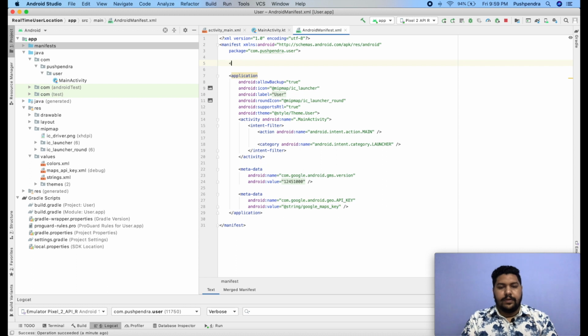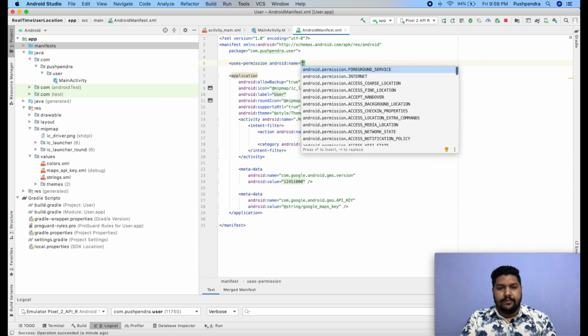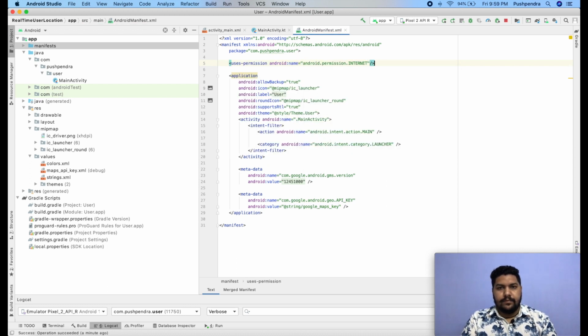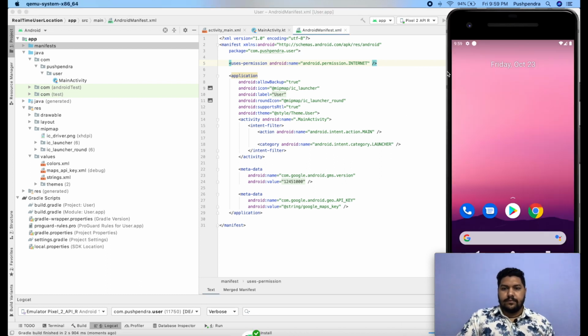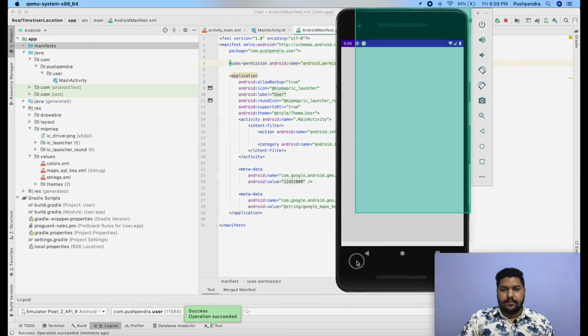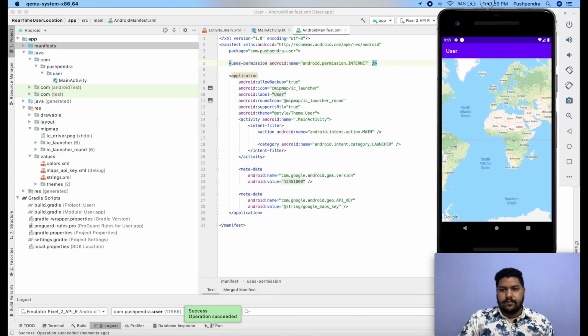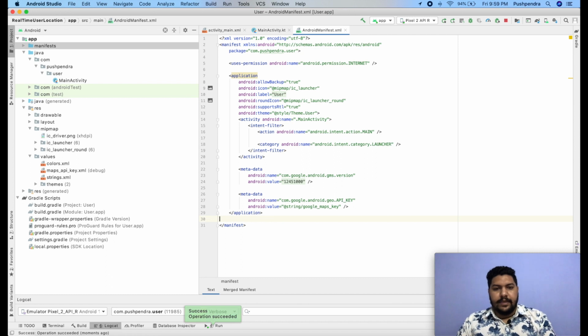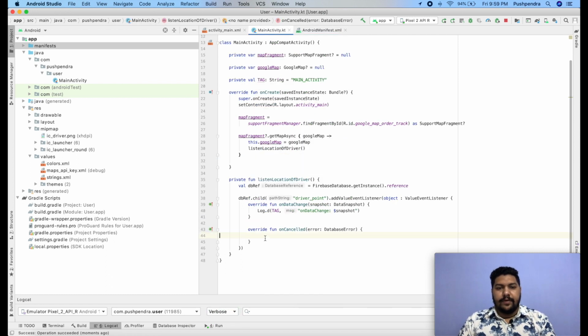We forgot to give internet permission. Then it's done. Now second task, we have to show the driver marker over here.